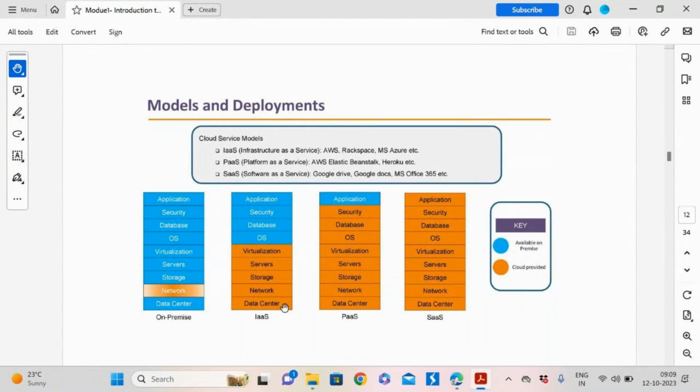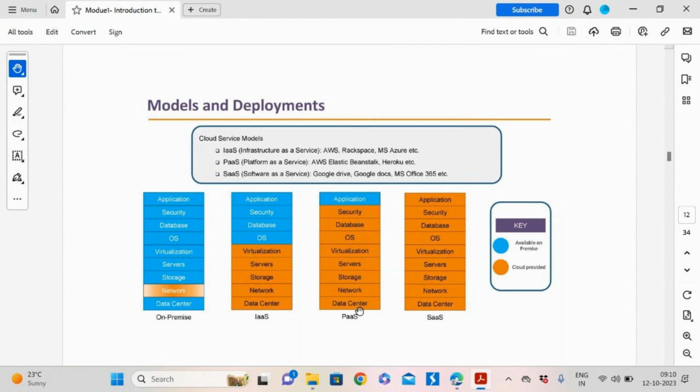If we move a bit further, there we can see PaaS, platform as a service. Here, up to security, everything is there itself. Applications only, we just have to configure and use them.